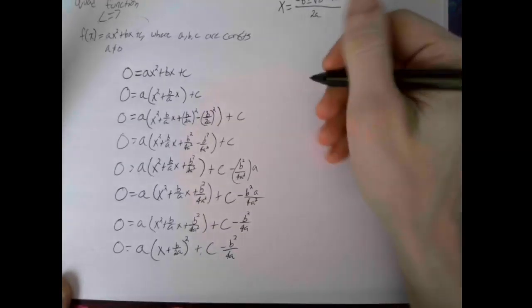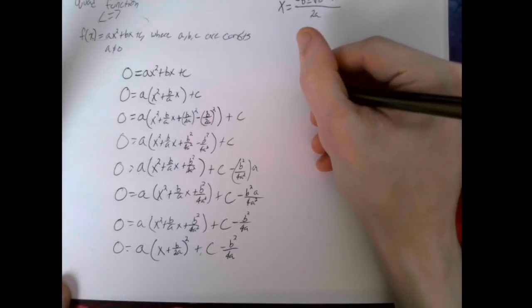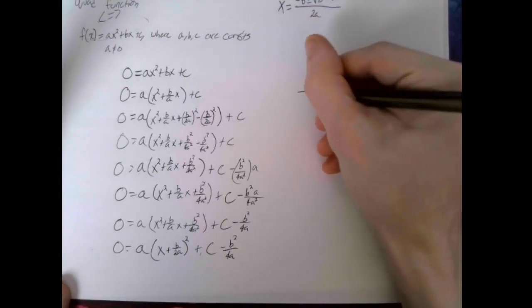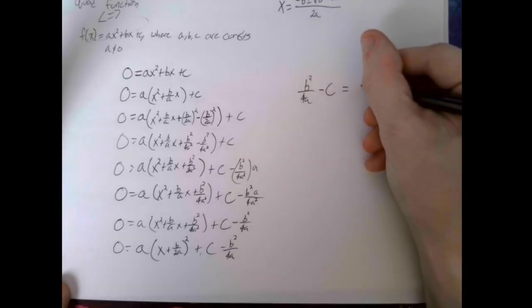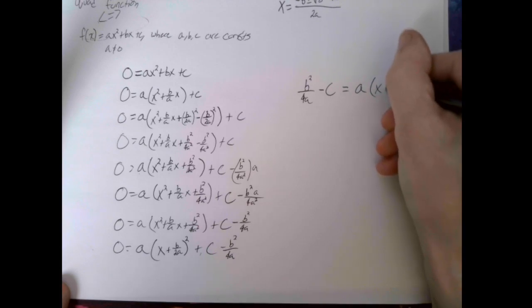So now this is done in here, but we want to get these terms to this side. So we're going to subtract the c, and we're going to add the b squared over 4a. So if we come up here, we're going to get b squared over 4a minus c equals a times x plus